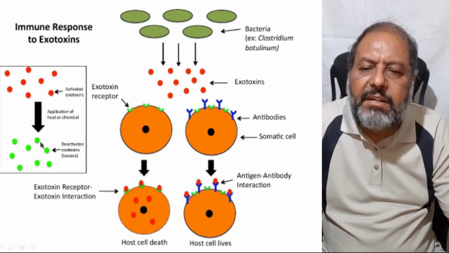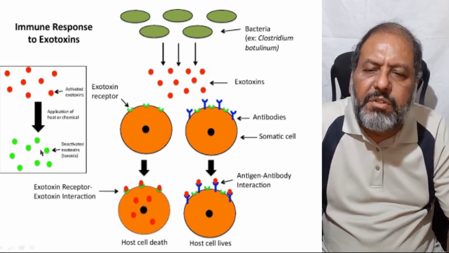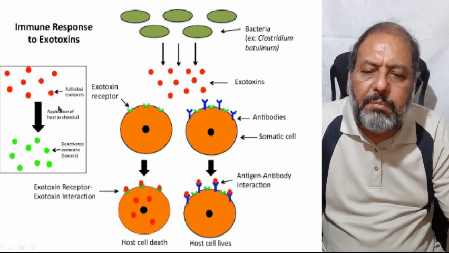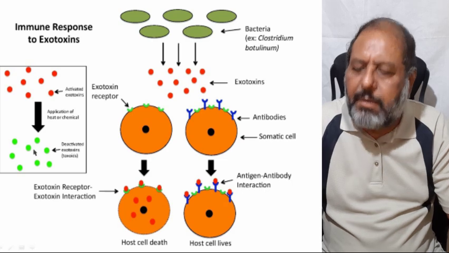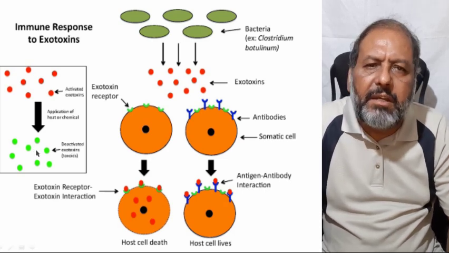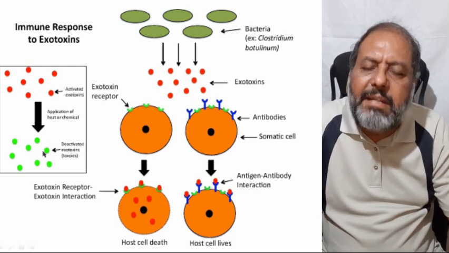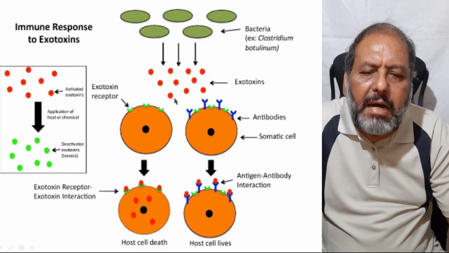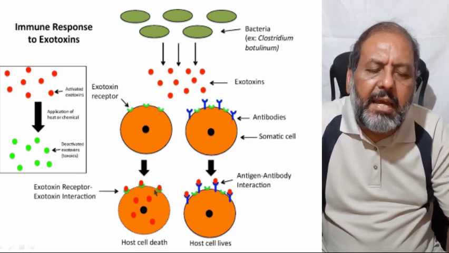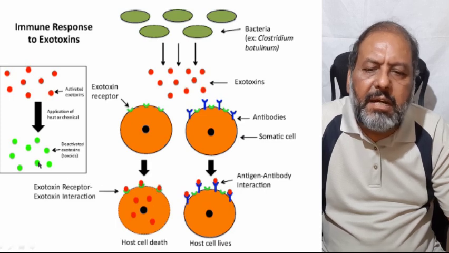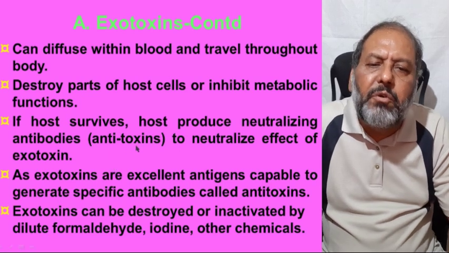So these active exotoxins become deactivated exotoxins, which are not capable of causing any problem, but are converted to toxoid. They are not capable of causing disease, but they are immunogenic. They are capable of inducing or initiating the antibodies, and the cell does not die, whereas the cell is going to die because of the receptor and exotoxin interaction. So the exotoxin can diffuse within the blood